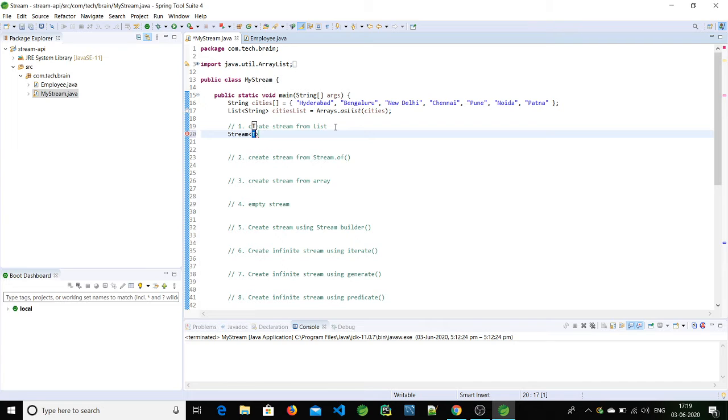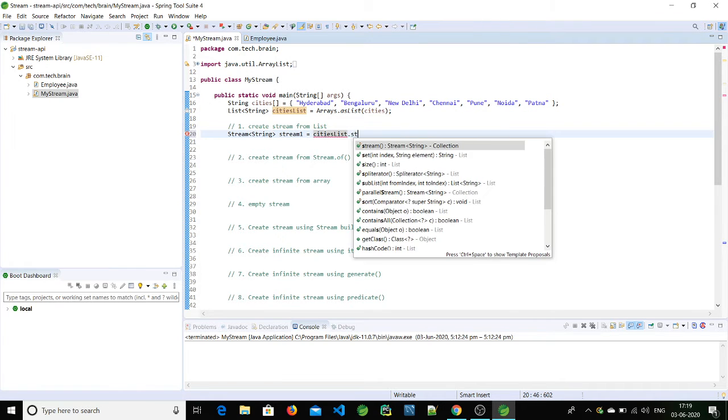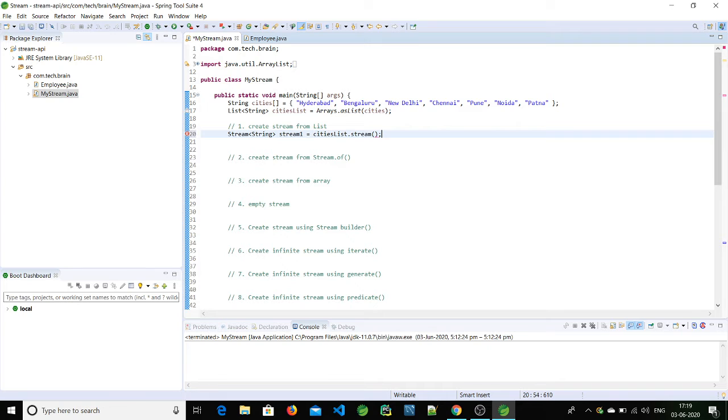By using that we can create a stream. I'm creating a stream of string type, let's name it stream1, and on top of this collection object list we can call the stream method, dot stream. That's it. Now we are ready with the stream object.